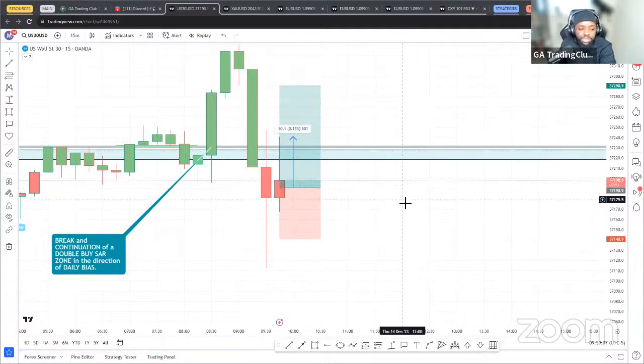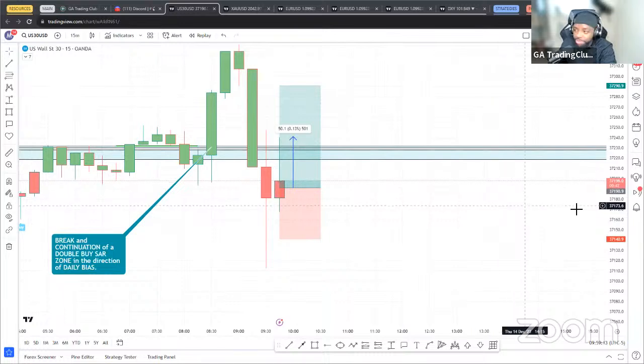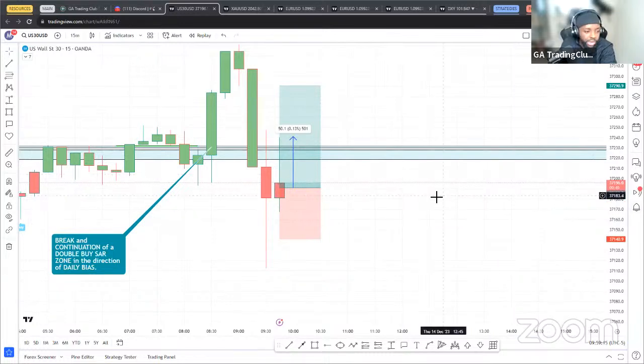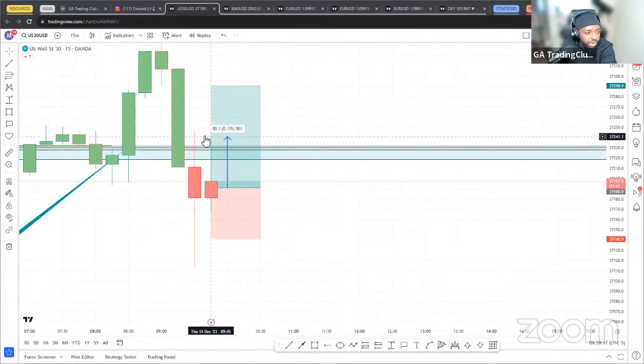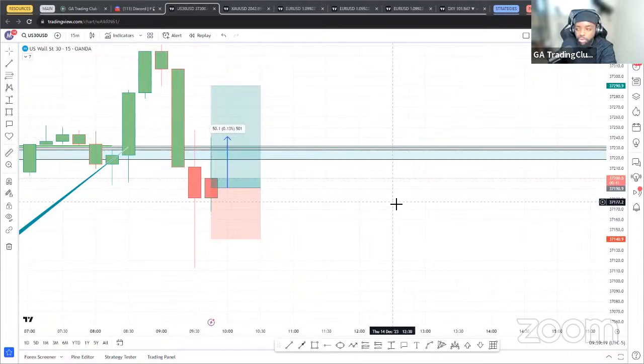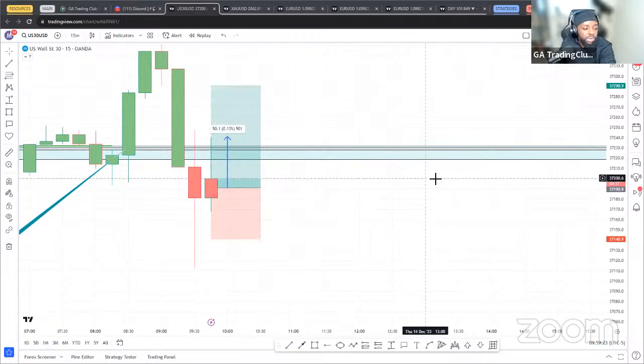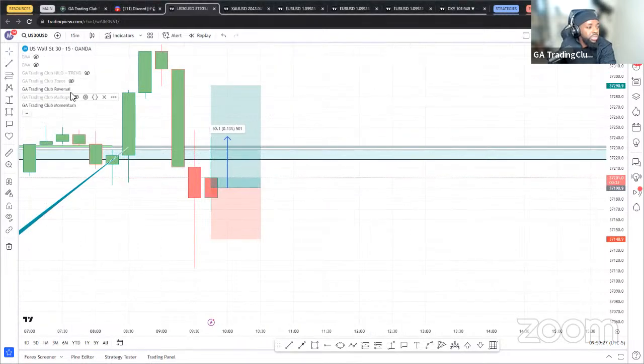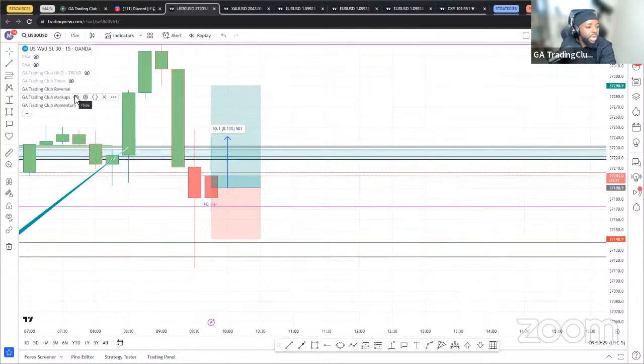So here we have a bunch of selling pressure that's coming in. I don't know if you guys were able to set break even. For me, I wasn't able to get into break even. I think break even was just a pip or 2 pips away, but I'm still in this trade, whether it's break even, TP or stop loss. I'm still in this trade, but I'm curious to see what markups we have here.